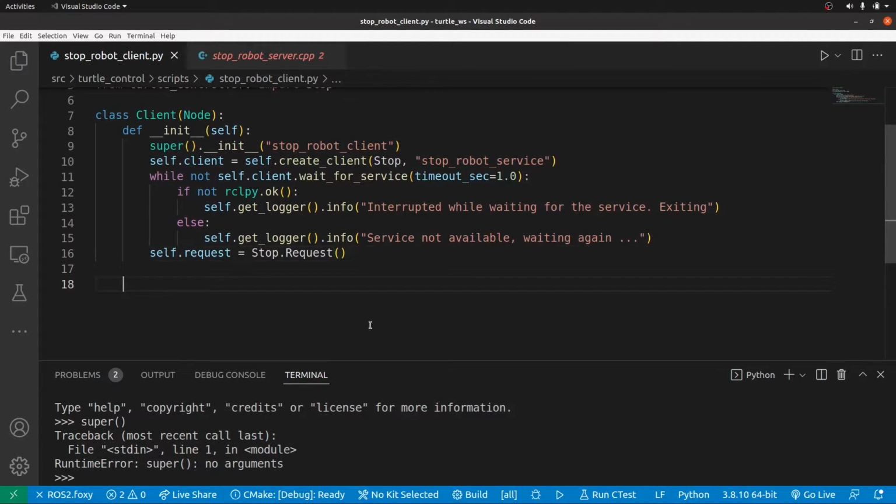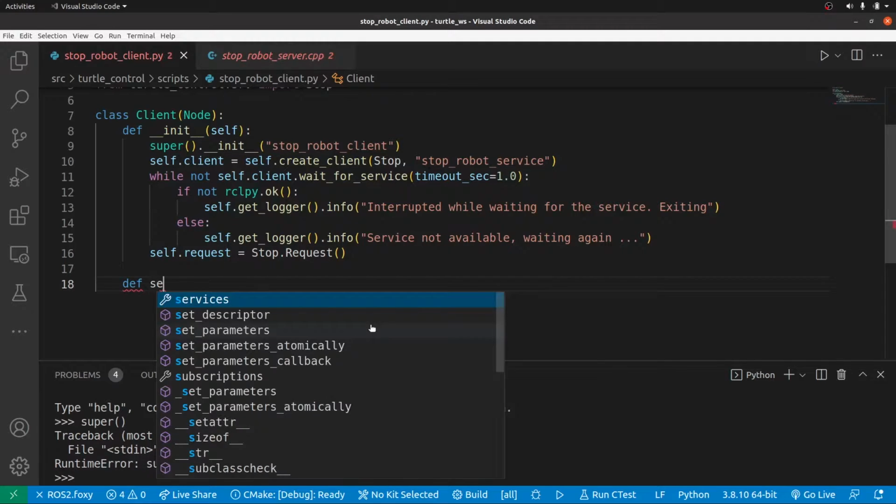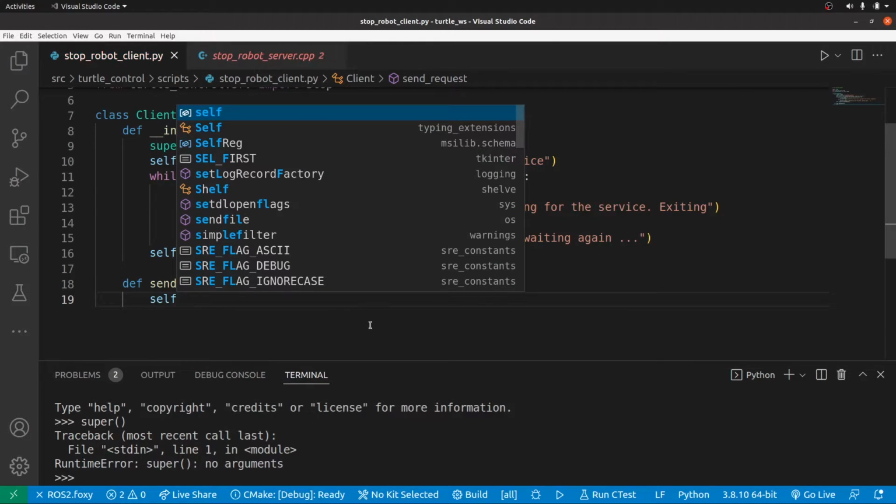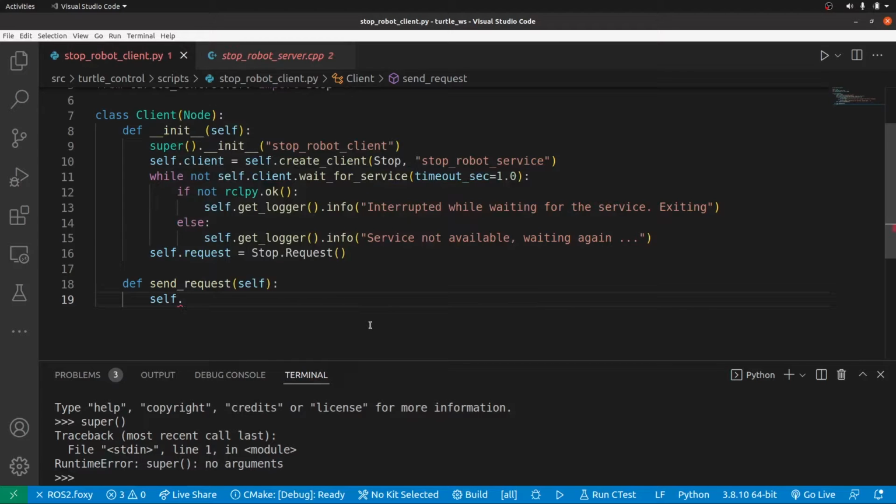So let's go back and create a function and call it send request. Remember, this is the client, and it's the client that is going to send information, like make a request to the server, and the server is going to take the request and work according to it. So what we want to do is make the request 0. So we want to take the request dot front wheel,